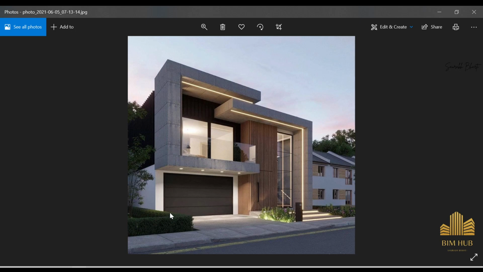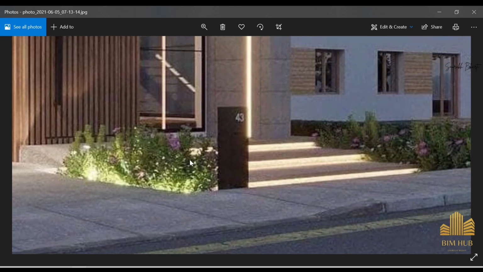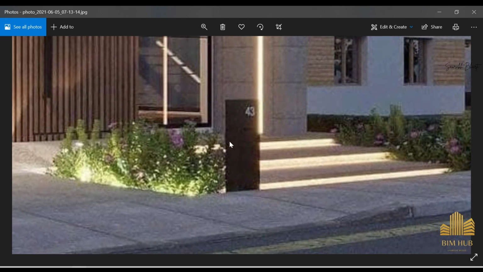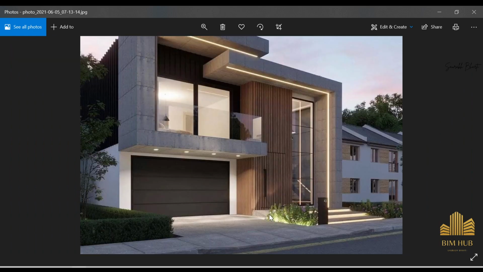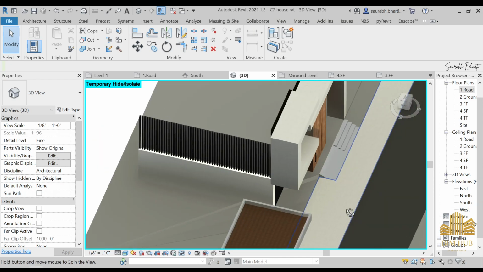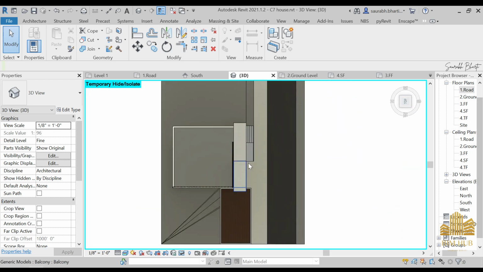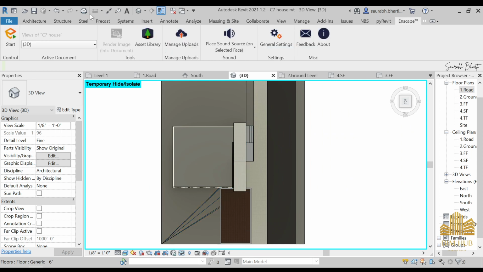Then we can add these trees over here, these plants over here, and there's an extrusion that shows house number 43. Okay, so first of all, let's put these trees, I mean these smaller plants, over this point. Push that, go to the top view, go to landscape, go to asset library,